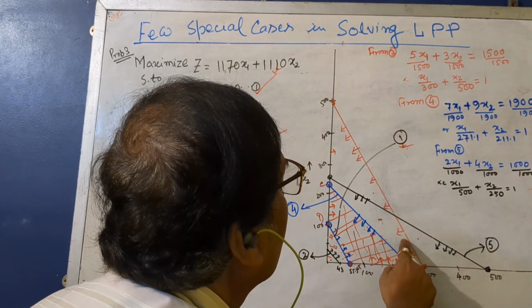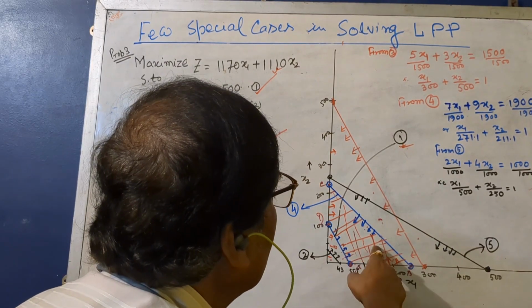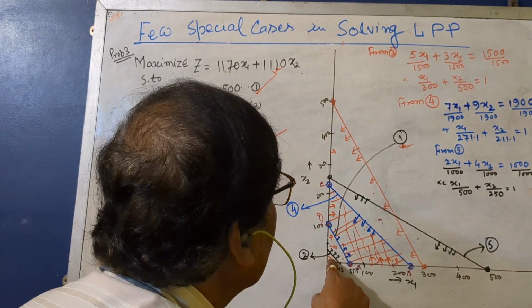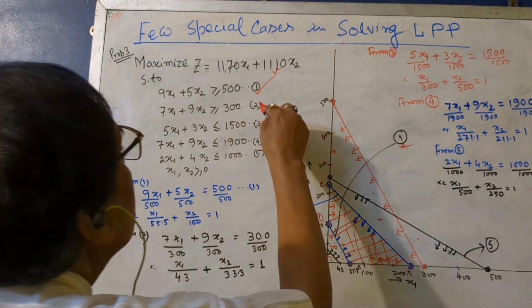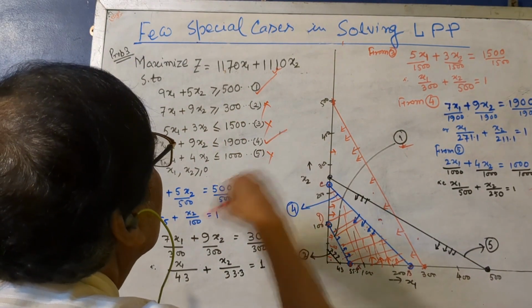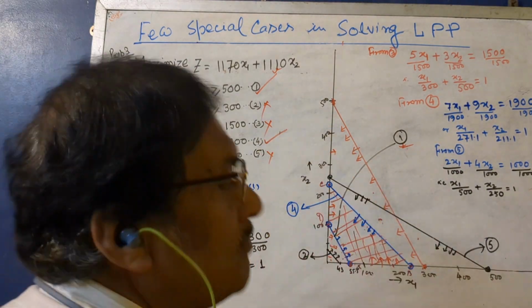रिडंडेंट क्यों है? क्योंकि ये जो है ये तो ऑटोमेटिक ये भी सेटिस्फाई कर रहा है। यहाँ भी बोलोगे लेस देन इक्वल टू, ये भी सेटिस्फाई कर रहा है, तो ये भी रिडंडेंट है। कौन कौन रिडंडेंट है? इसका ज़रूरत नहीं है, इसका कोई ज़रूरत नहीं है, इसका भी कोई ज़रूरत नहीं है, इसका भी कोई ज़रूरत नहीं है। ये रिडंडेंट है। केवल ये दोनों दे देता है तो सॉल्यूशन मिल जाएगा।